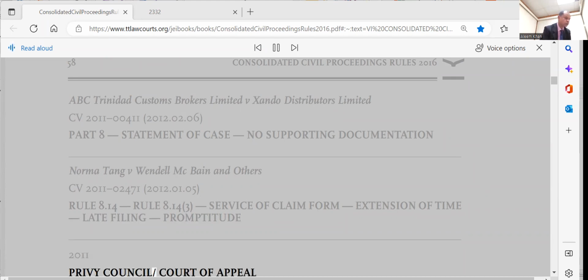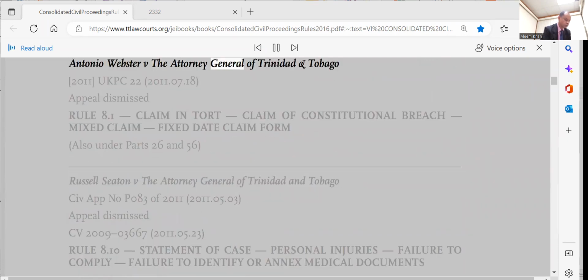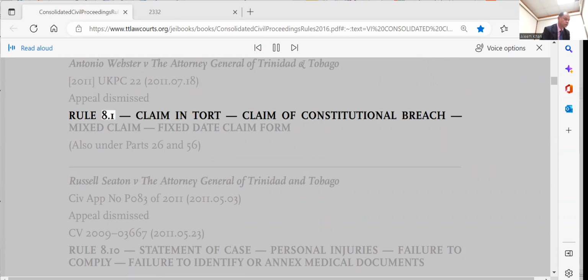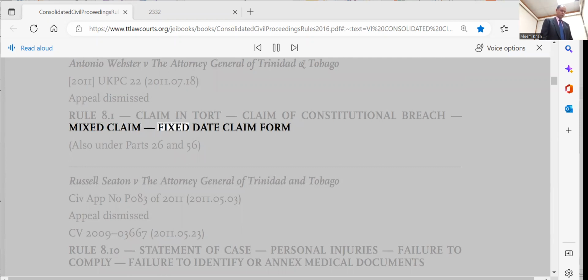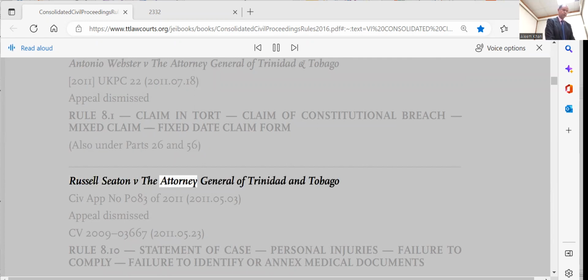2011 Privy Council/Court of Appeal. Antonia Webster v. the Attorney General of Trinidad and Tobago, 2011 UKPC 22, July 18, 2011. Appeal dismissed. Rule 8.1, Claim in Tort, Claim of Constitutional Breach, Mixed Claim, Fixed Date Claim Form, also under Parts 26 and 56. Russell Seaton v. the Attorney General of Trinidad and Tobago, Civ App No P083 of 2011, May 3, 2011, Appeal